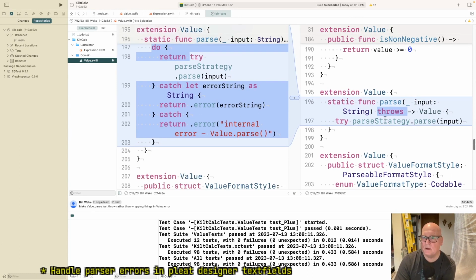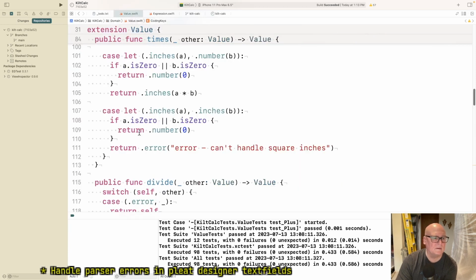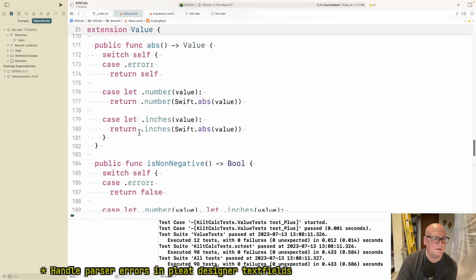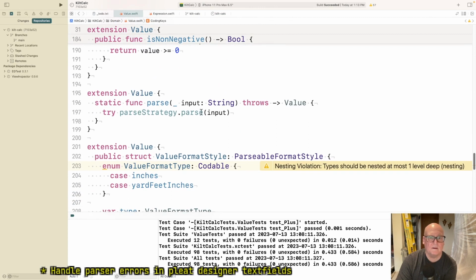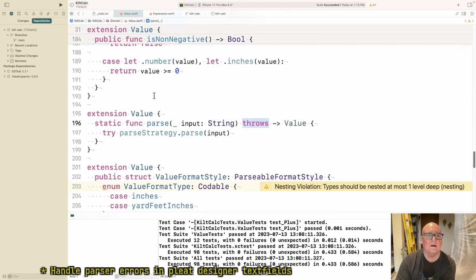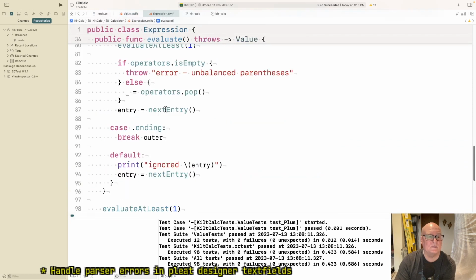We made parse throws, line 195. Parse throws. Okay, now why?